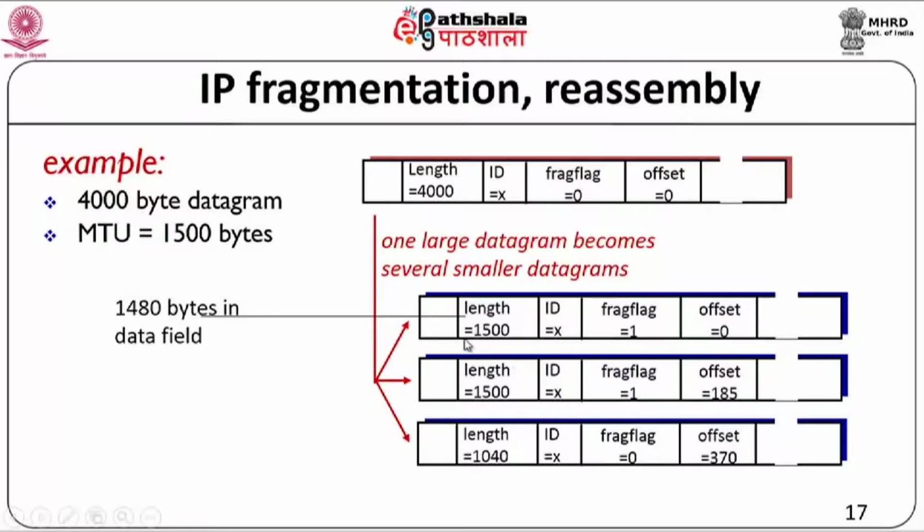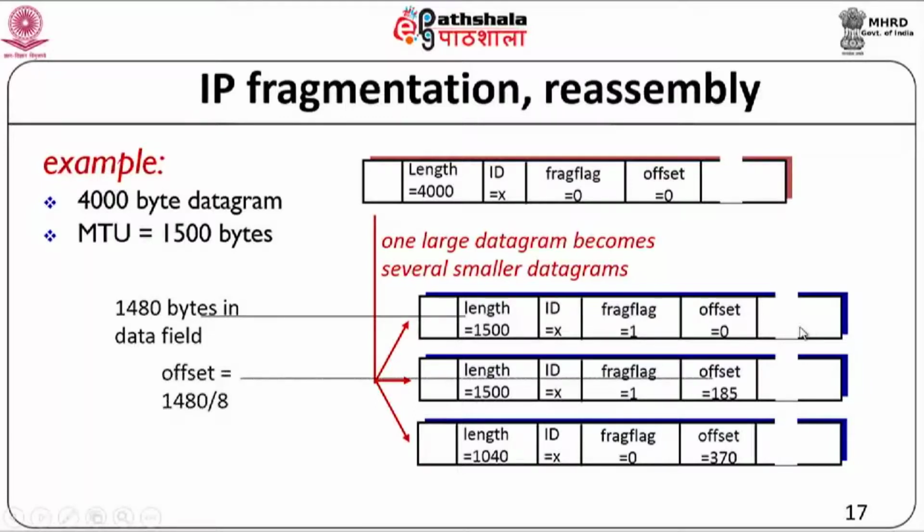One other point to note here is that when I say the length is 1500, the length includes the header. The standard header in IP is a 20 byte header. So, the actual data size that is carried in the segment will be only 1480 bytes. Which means in this particular packet, starting from an offset of 0, that is from the first byte up to 1479, 1480 bytes will be carried in the data field here. So, the offset here will show 0, the length will show 1500. This means 1480 bytes are carried in this first fragment.